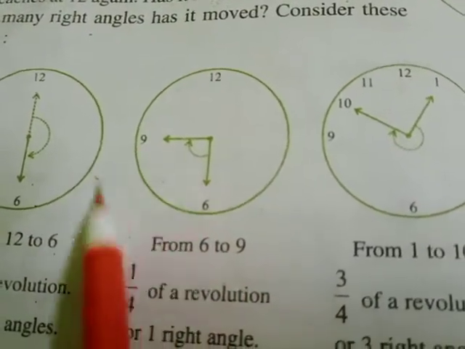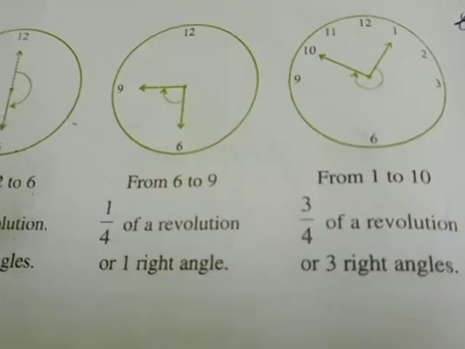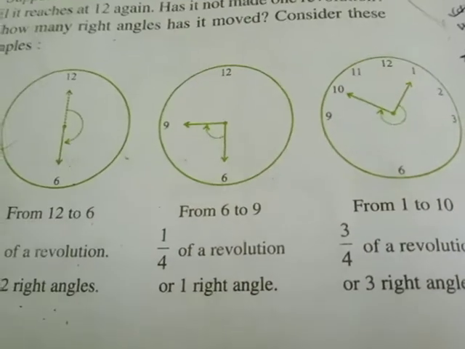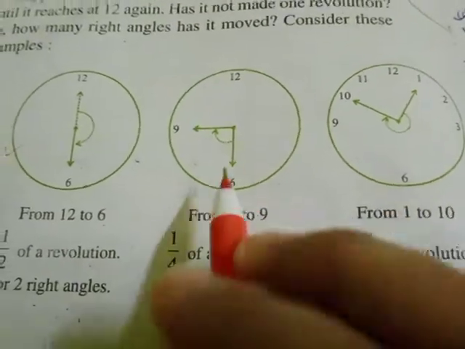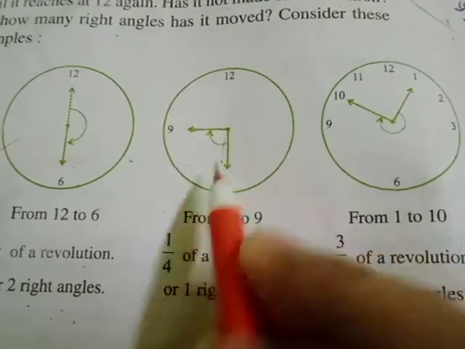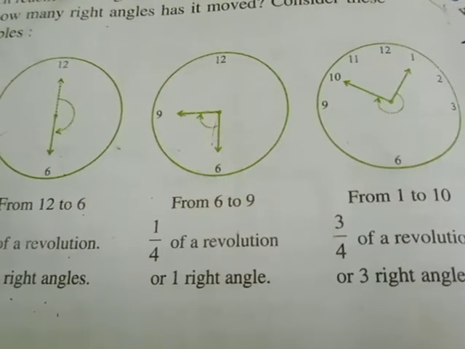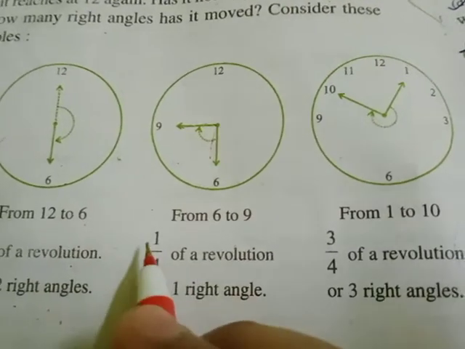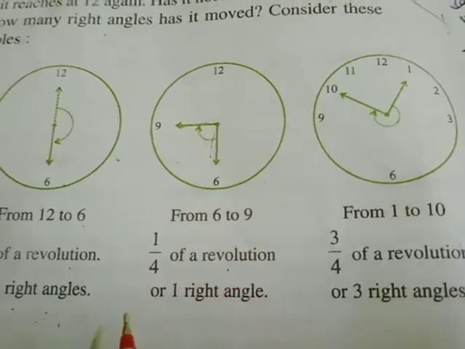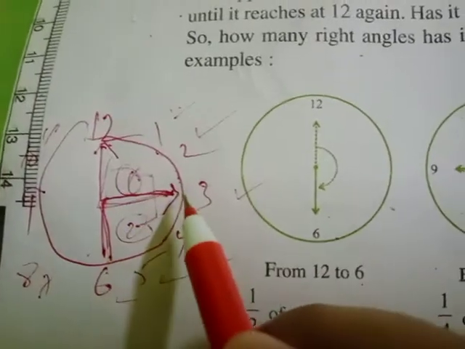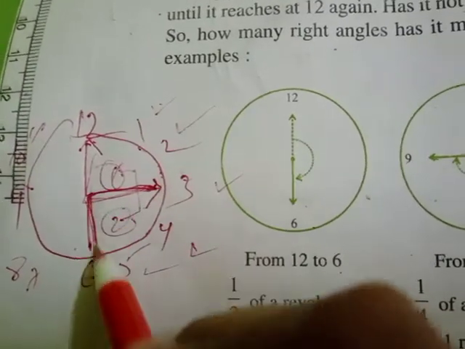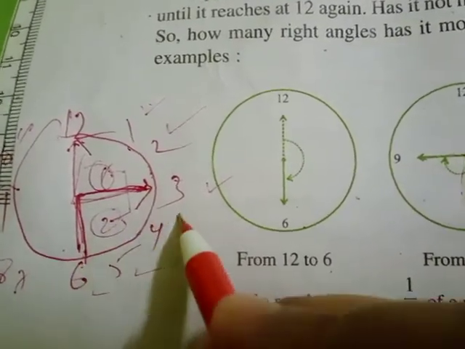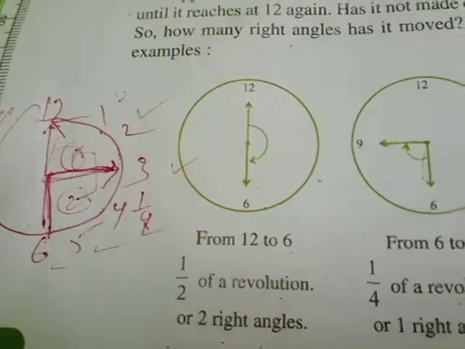7, 8, 9, 3 units and 1 right angle. Clear? And keep in mind this thing, whenever we have 1 right angle, that 1 right angle in other language we will call it 1/4 of a revolution. Here also if you see, from 3 to 6, this is 1/4 of a revolution, because